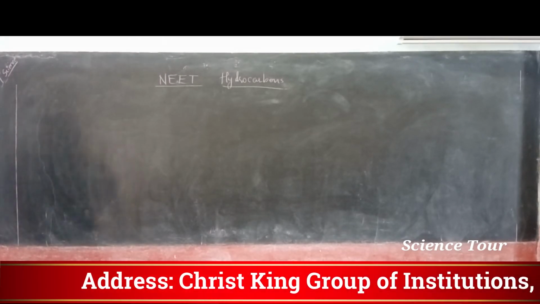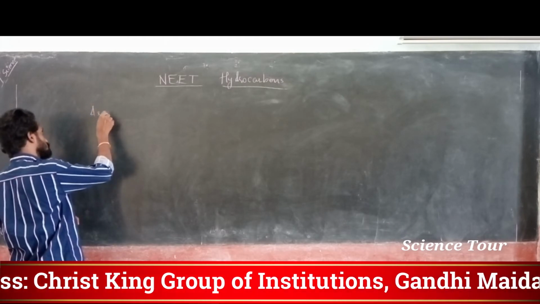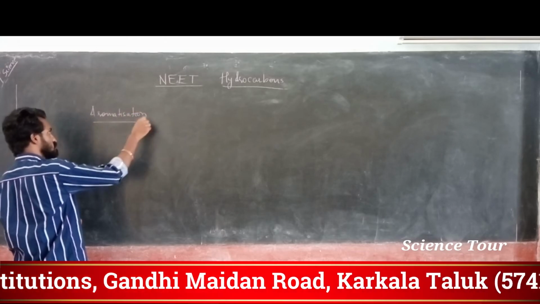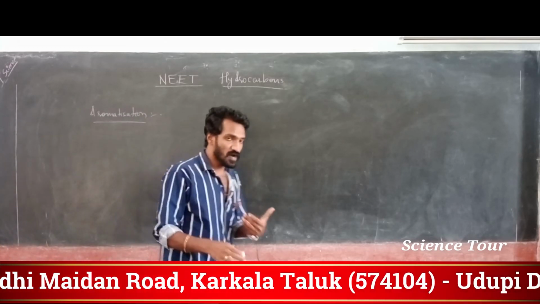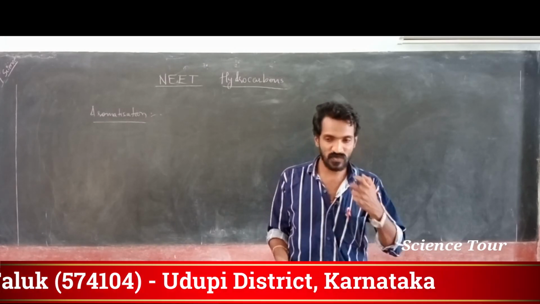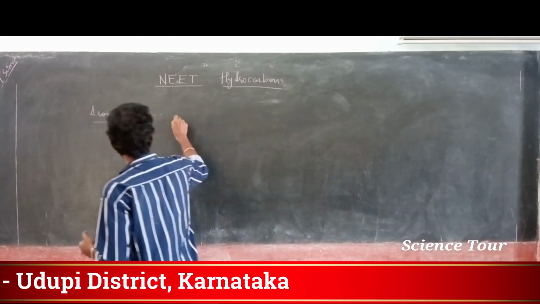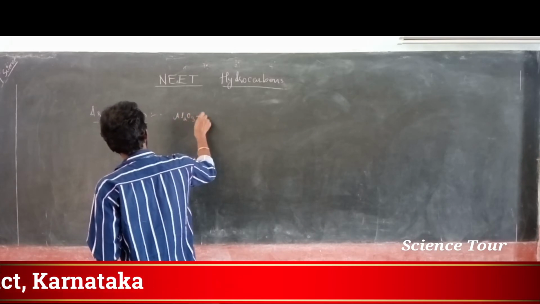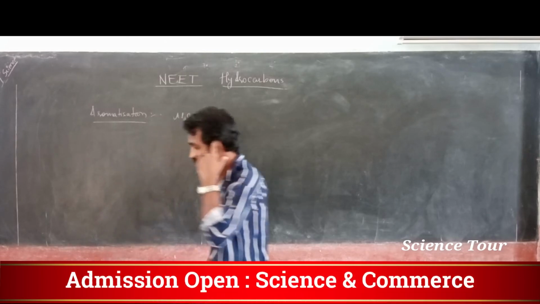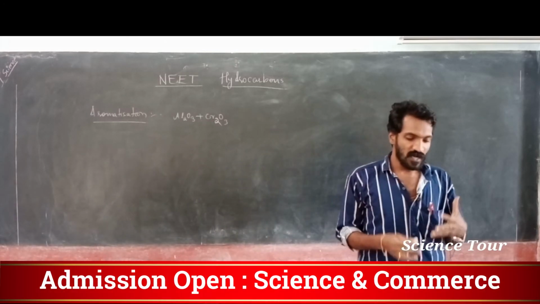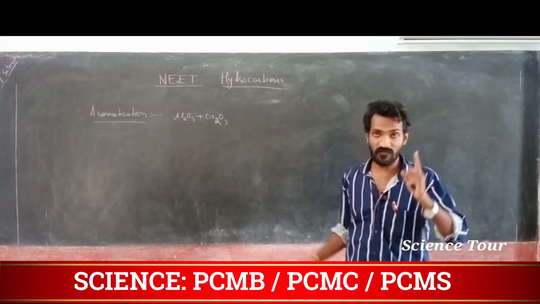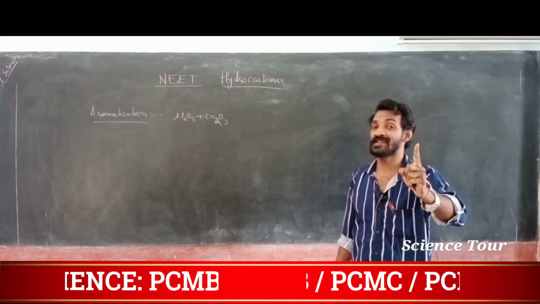Okay, my dear students, the next very important topic is aromatization. Alkane also undergoes aromatization. So alkane gets converted into an aromatic compound. How is it possible? That is a very important thing, my dear students. In the presence of aluminum oxide and chromium oxide, if it contains aluminum oxide and chromium oxide together. Okay. This is the reagent used for aromatization of alkane.